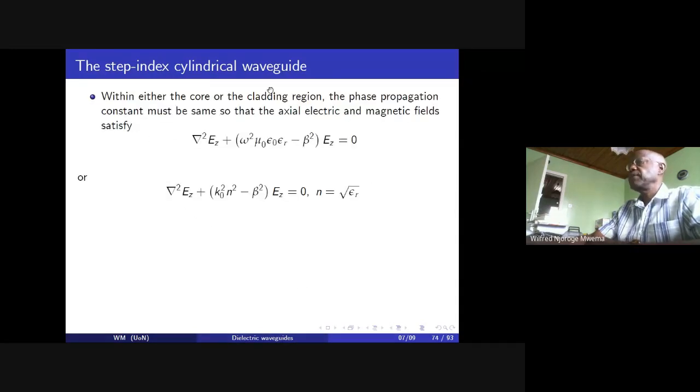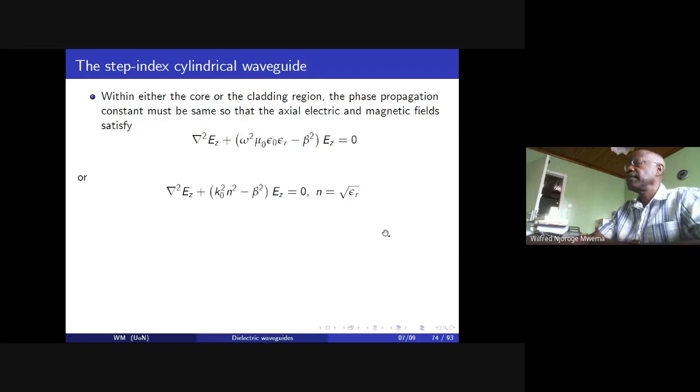So within either the core or the cladding region, the phase propagation constant must be the same so that the axial electric and magnetic fields satisfy the Helmholtz equations that are given in that form, where we have now expressed the Kc squared in that form. Or in other words, we must have that the Laplacian of Ez is equal to that value, where n is equal to the root of epsilon r whenever the material is non-magnetic. Mu r is going to be given by unity,